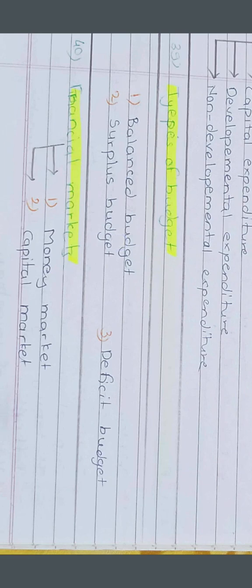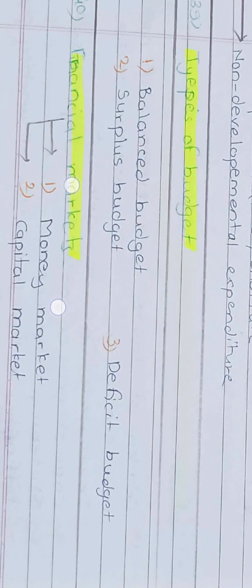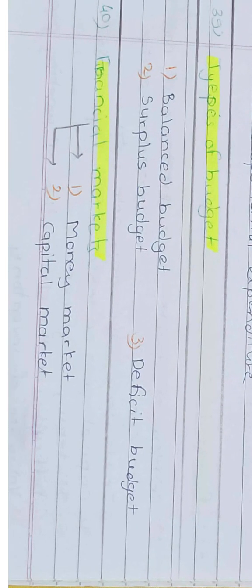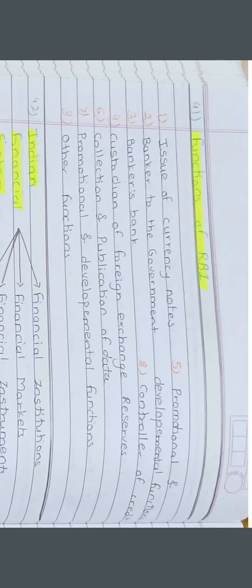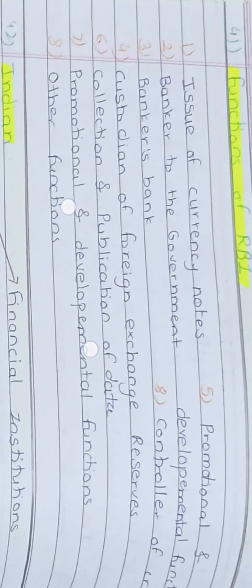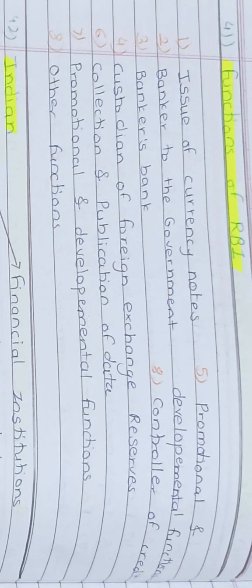Now let's see the types of budget: balanced budget, surplus budget, and deficit budget. Financial market contains two types: money market and capital market. Functions of RBI: issue of currency notes, banker to the government, bankers' bank, custodian of foreign exchange reserves, collection and publication of data, promotional and developmental functions,